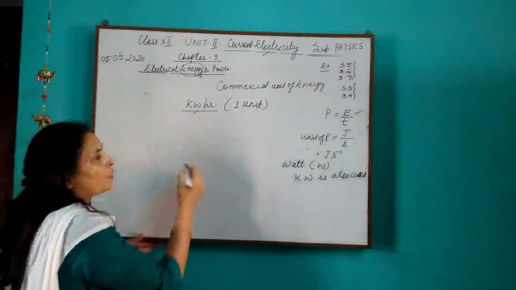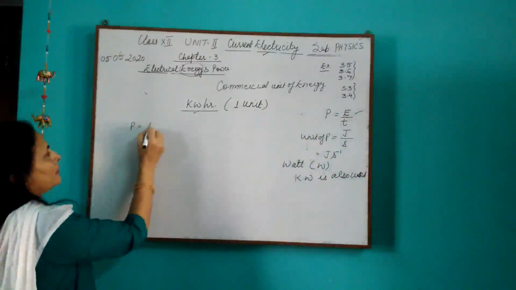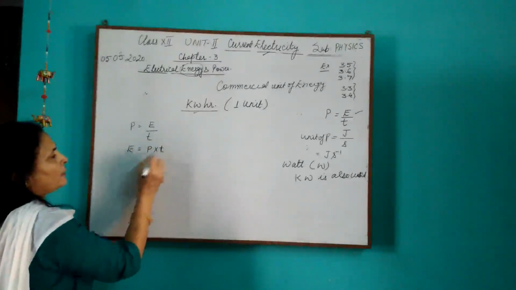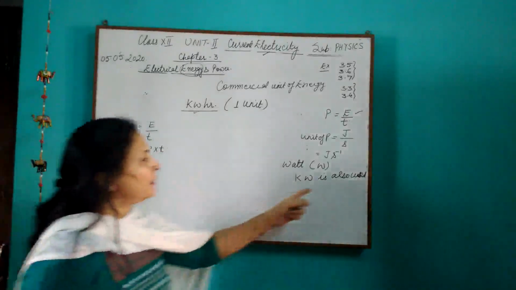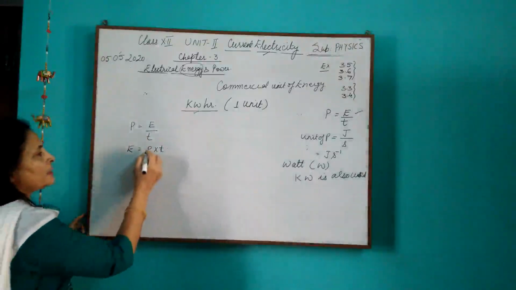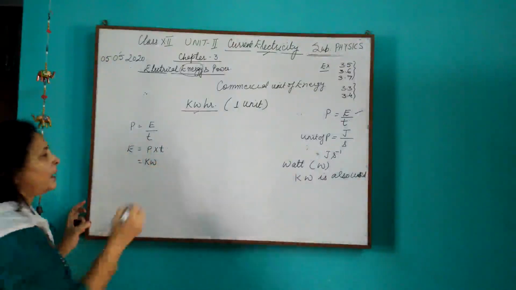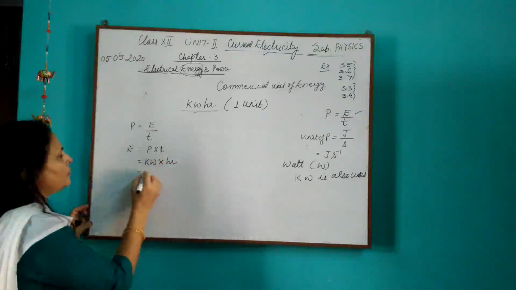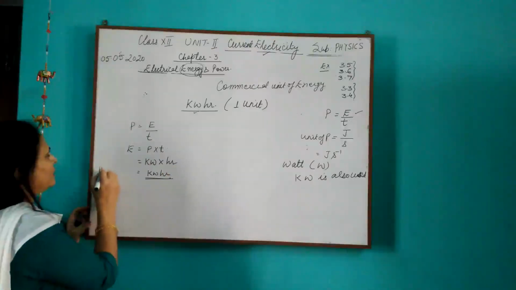Now how it comes in kilowatt hour is, see, here E will be equal to P into T. The unit of P we have already done, but I said that kilowatt hour is also being used as a unit. So for commercial purposes, power is always taken in kilowatt, and time in hours. And this unit, kilowatt hour, is the commercial unit of energy.